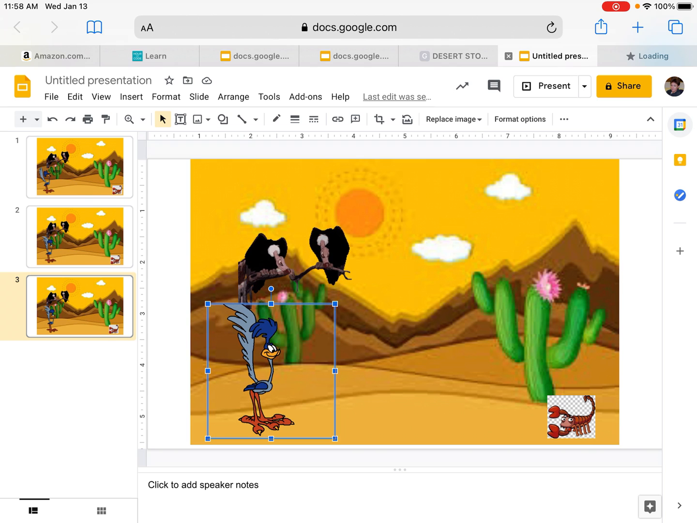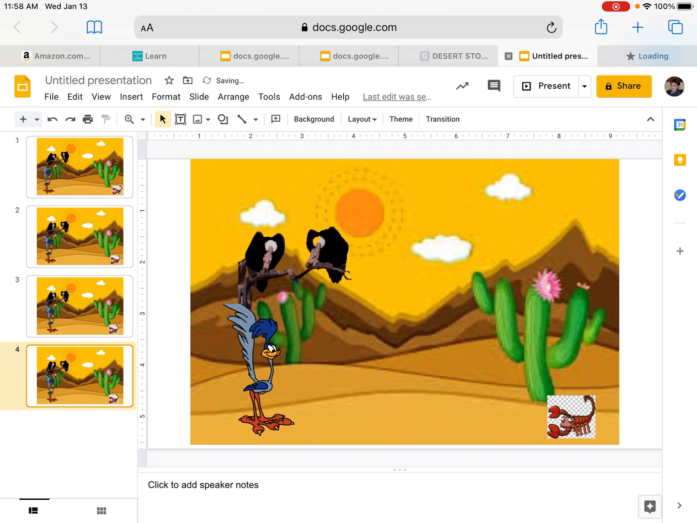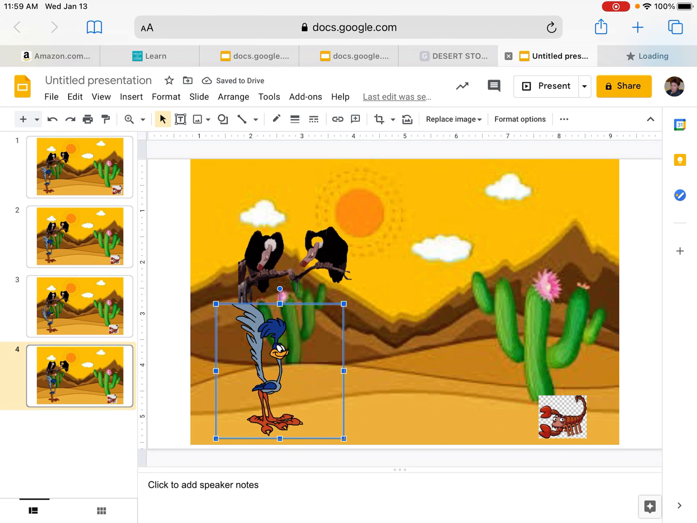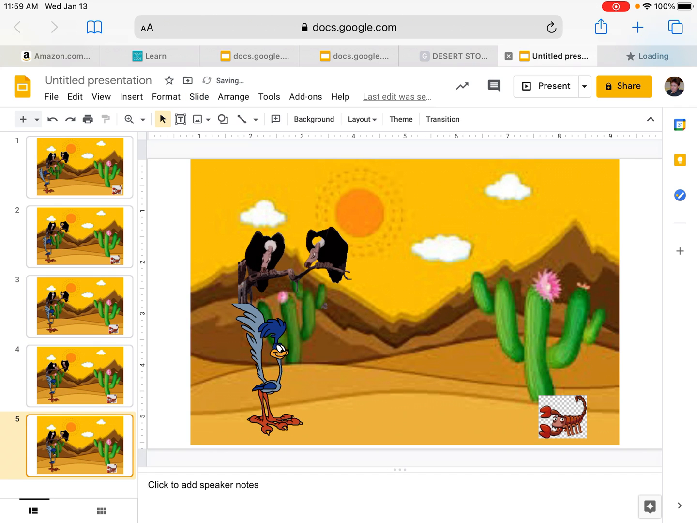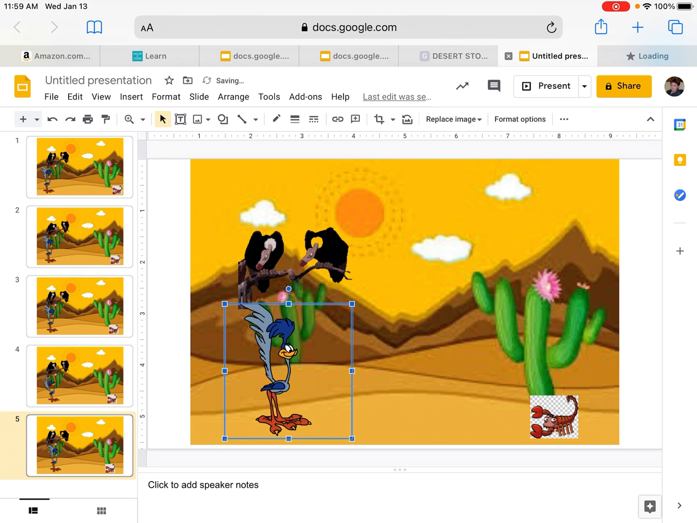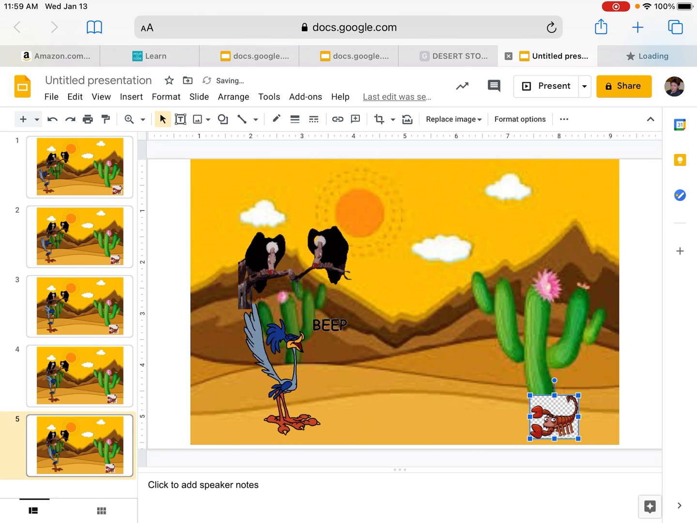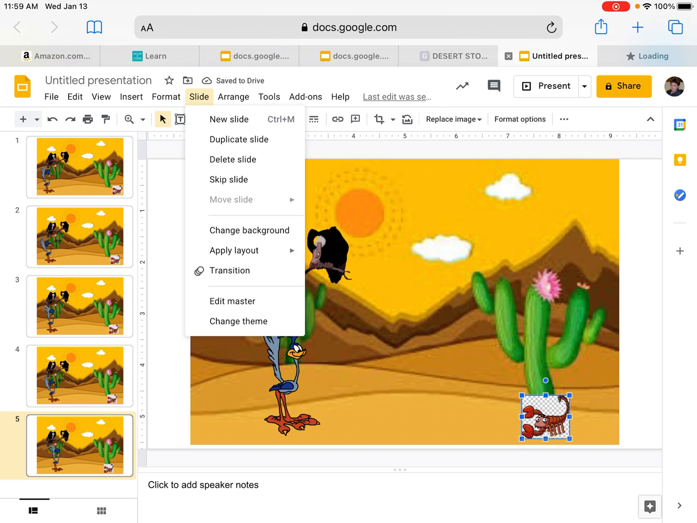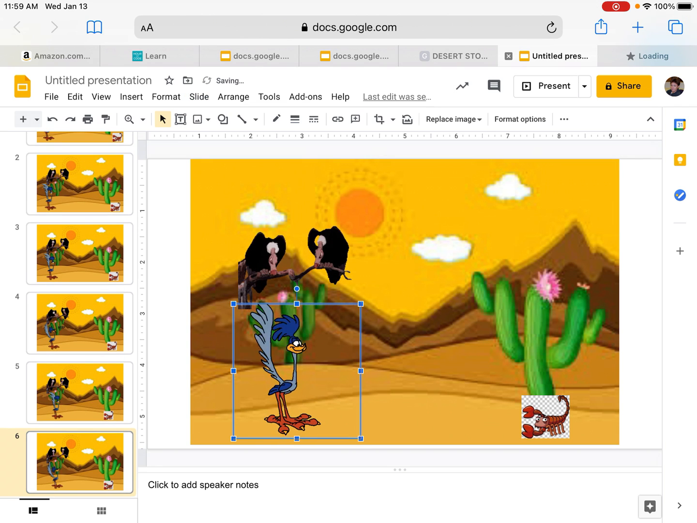Okay, so I'm going to keep duplicating and move. Duplicate and move. And you're going to do this 18 to 24 times. Don't just duplicate them all, because if you're duplicating them all, the Roadrunner and the Scorpion will not have moved on the previous slide. Okay, so we're going to move this over a little bit and move this and duplicate the slide again. So you have to just be a little bit patient, do one at a time,